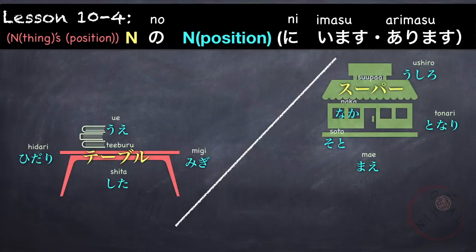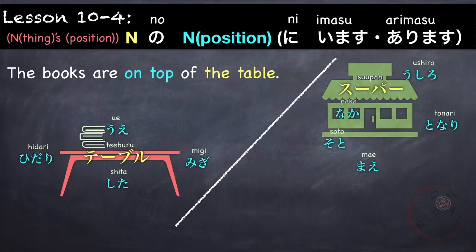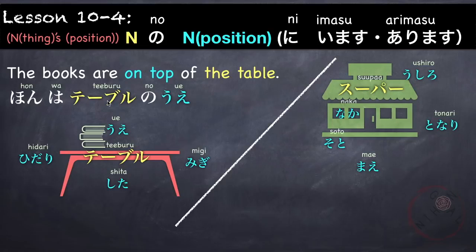Hon wa doko desu ka? Or hon wa doko ni arimasu ka? The books are on top of the table. Our topic is hon wa, teburu no ue. So, teburu no, table's above. Teburu no ue, on top of the table. And then にあります。本はテーブルの上にあります。